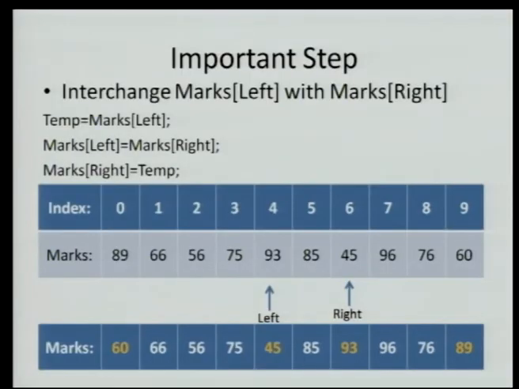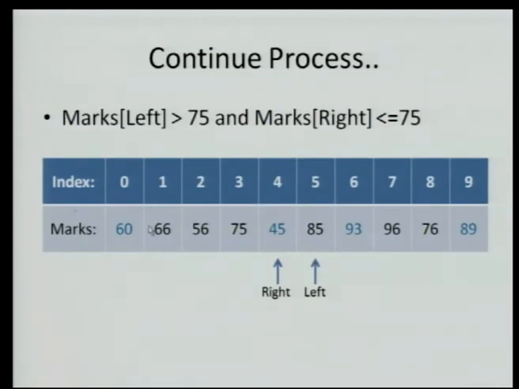Now, another interesting situation is, when do we stop? I think I'll take you slightly back. So this was the condition. Now what output should be generated by our algorithm? We have not shown any output as far as that algorithm is concerned. But what we are sure of is that the left pointer will stop at a value which is more than 75. It is always going to stop at a value which is more than 75.